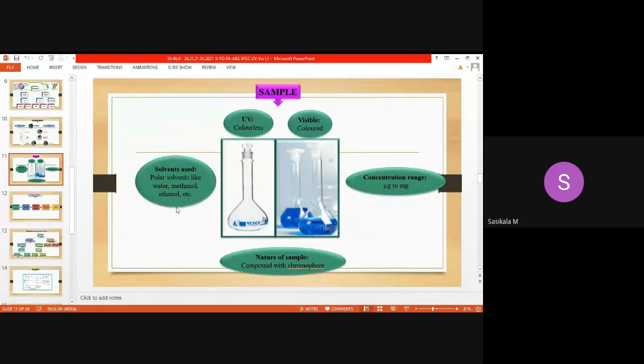Seeing the cutoff wavelength, we need to select what type of solvent is fit for that analysis. So we need to choose based on the cutoff wavelength. Cutoff wavelength is nothing but the lambda max, the maximum absorbance at a particular wavelength for the solvent. Based on that, we choose common solvents like water, methanol or ethanol, etc. Other solvents like DMSO also can be chosen to dissolve and dilute your sample.